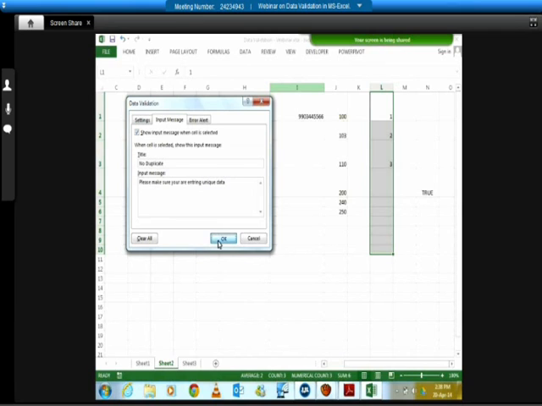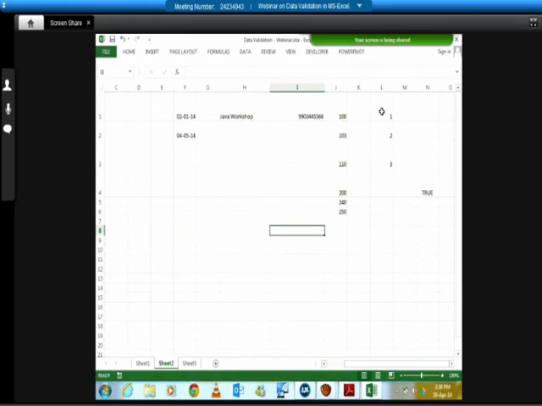Any cell that you go to will show you this particular message, provided you have selected the range when you're giving the input message. Always, in data validation, the best policy is to select the cells, put the setting, the input message, and the error alert all together on the same range and then work with it.